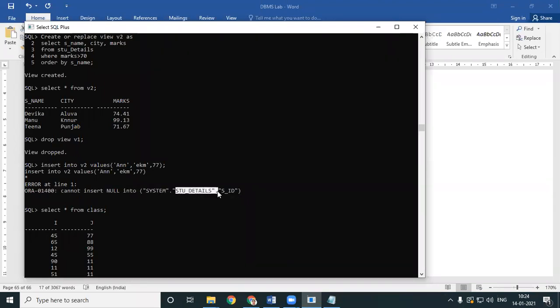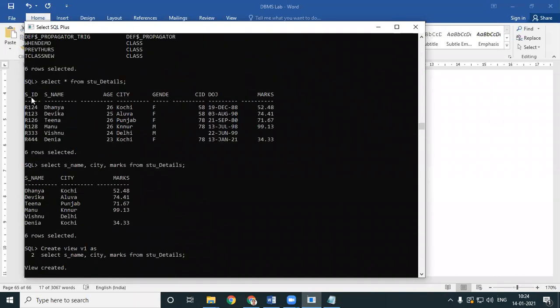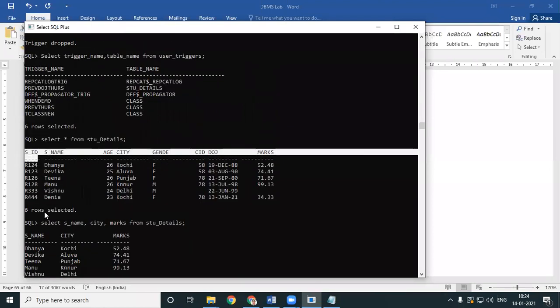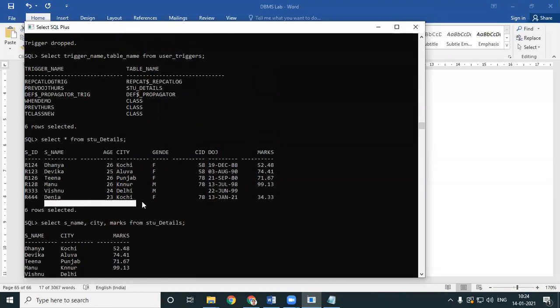In your student details, there is a column called SID, which we initially created as a primary key. You are trying to insert a mark. You're just trying to insert a few values over here and a null value over here.